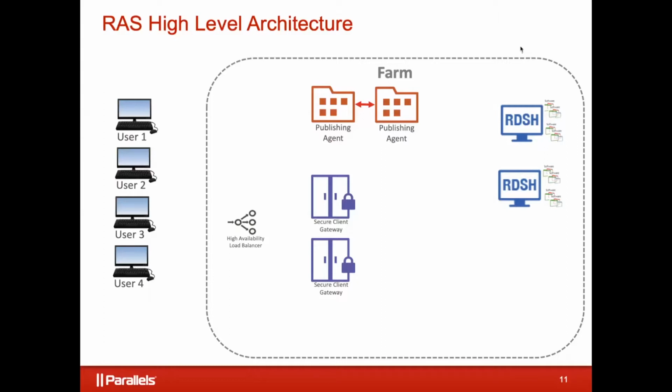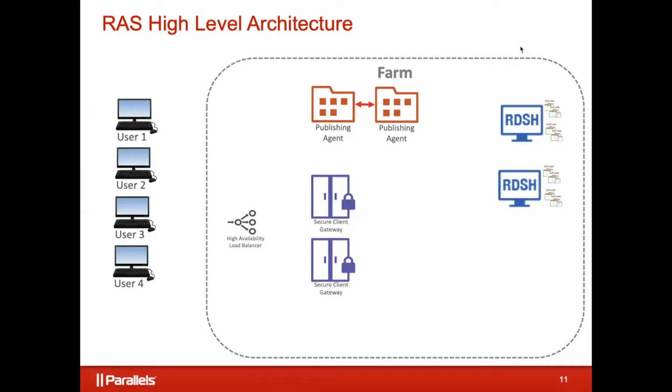The other piece all by itself there on the left is the high availability load balancer, or by the acronym HALB, H-A-L-B. It's kind of an awkward acronym, but at least it's descriptive. The HALB is a virtual appliance. It's included in the solution like everything. Everything I talk about is included, but the HALB is a separate download because it's a virtual appliance. What it does is it provides front-end load balancing for the product. So it gives your end users a single connection point and then distributes that load across multiple gateways.